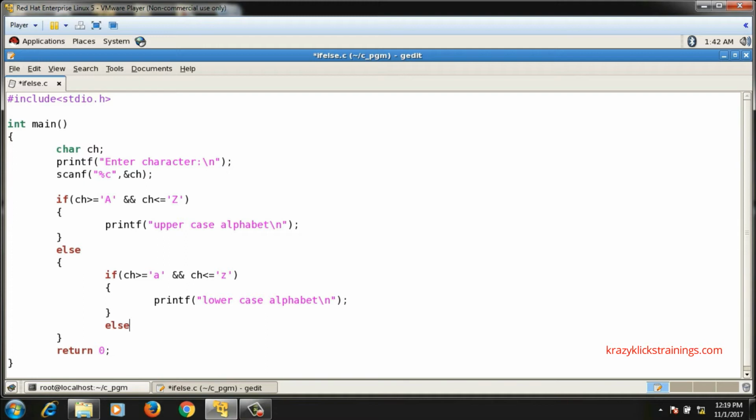And to that, there will be an else part. It will come inside this else part if both the conditions are false. That means it is neither an uppercase alphabet nor a lowercase alphabet. So in that case I will check for digit. For digit the ASCII value range is from